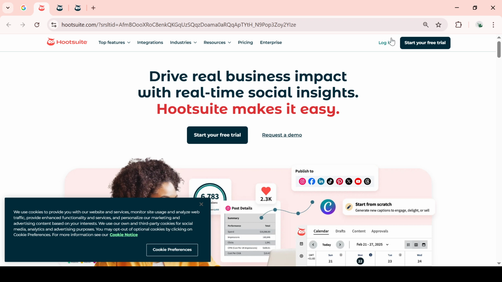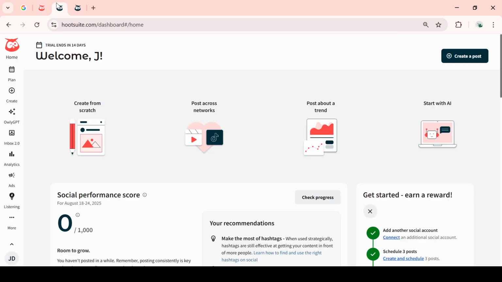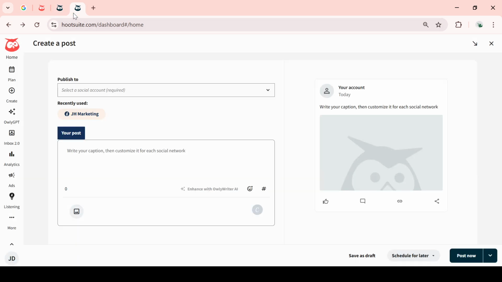Now that you're on the dashboard, your next step is to find and click the plus icon, or the Create button. You'll typically find this on the left side of the screen. This option allows you to craft a brand new post from scratch. Alternatively, if you're someone who prefers working with a calendar view, you can head over to the Plans section and select the Post option. This feature can be particularly helpful if you're managing multiple posts and want to see them